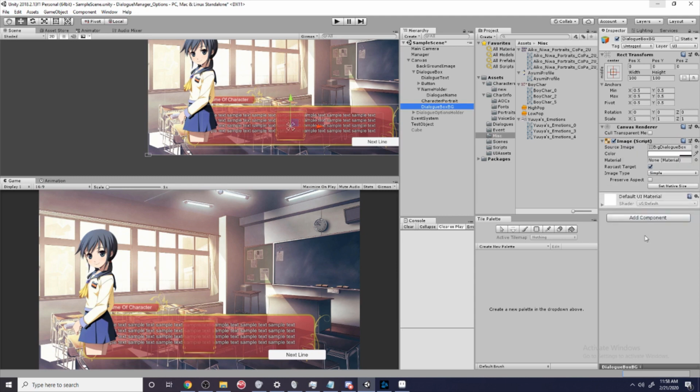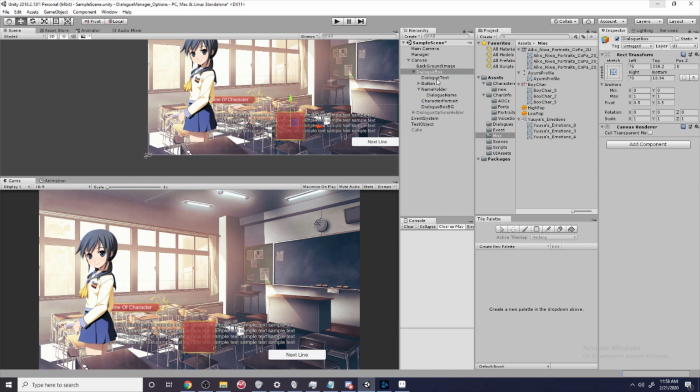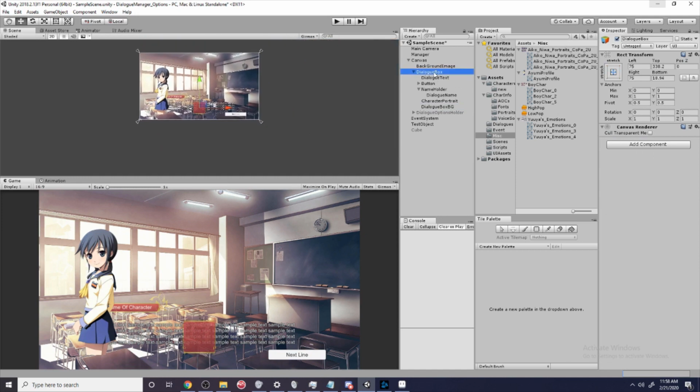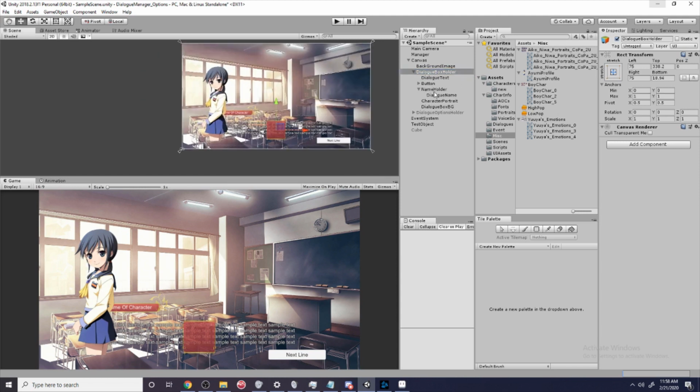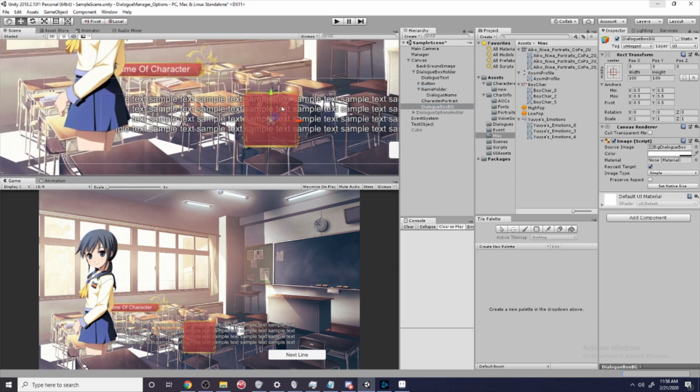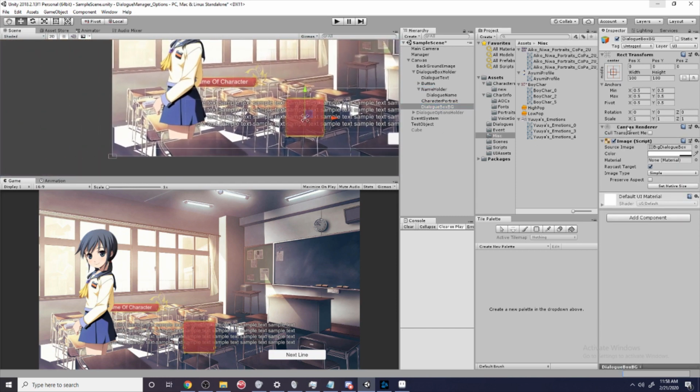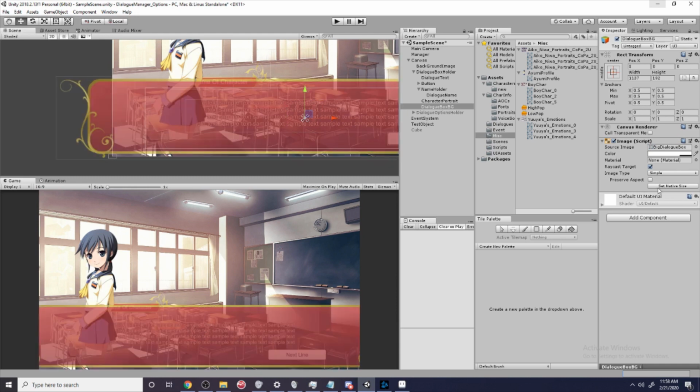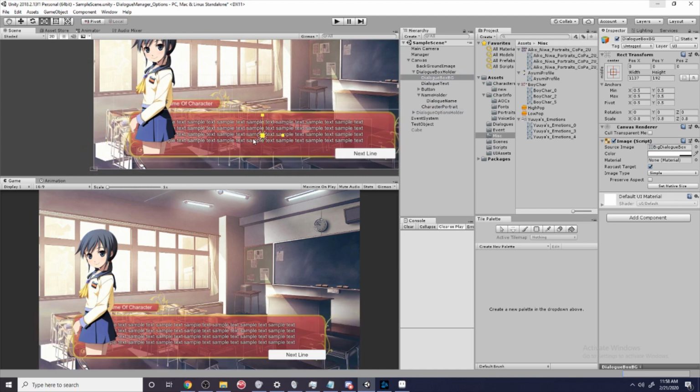I'm going to paste component values, and so we have this new dialog box. And I'm just going to get rid of this. So this dialog box is just going to be the holder of all of the information of the dialog. It does not have any information on it. It's just going to hold stuff. And now I'm going to take my dialog box and fit it again. Let me just do this real quick. Move it up, scale it down,